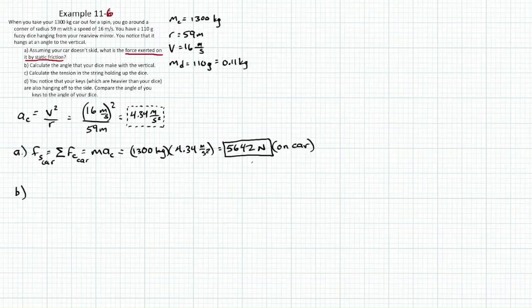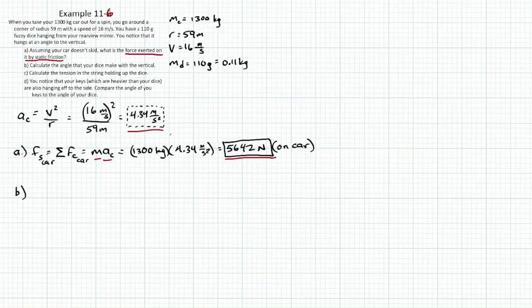And we calculated that. That was this right here, 5,642 newtons. And we got that by taking the mass of the car times the centripetal acceleration, which we had calculated previously up here with the givens. Multiplied them together and got our static friction, or you might say our net centripetal force on the car. So part B is asking,